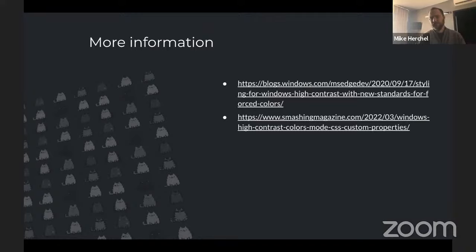And then we have a great post written by the one and only Eric Bailey, who is the moderator on this call, on Smashing Magazine. Just a couple months ago, he talks about a lot of forced color stuff. This is really informative. So this is really good tools.